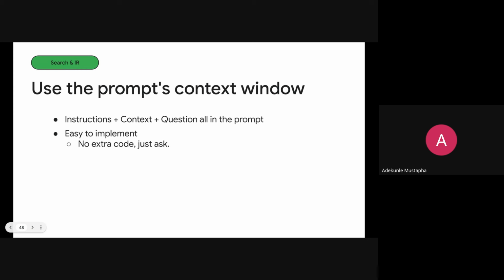So let's say, I want you to summarize what is happening, and you put a URL to a particular news source. It's only going to summarize what is happening in that particular URL at that particular time. That's more often than not what they call stuff prompting. It's easy to implement. You're not writing any extra code. You're just doing a better ask from the Gemini model or from the AI model, and it's able to respond to that.